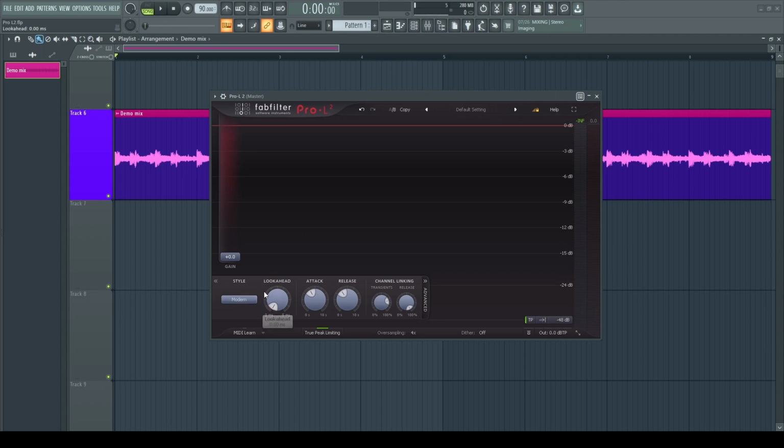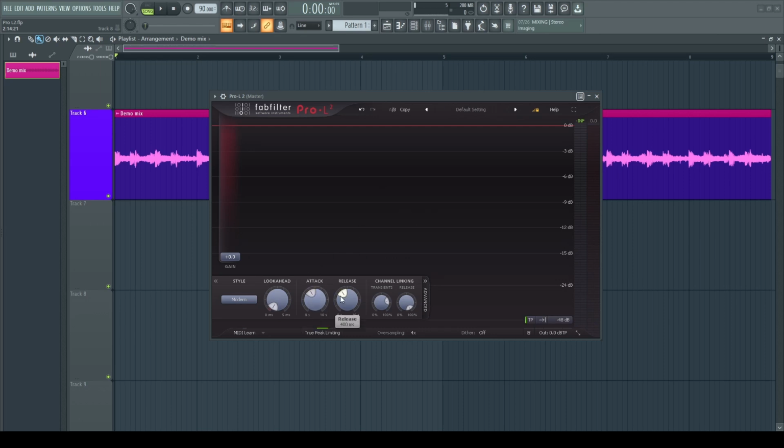Next, you can have your look ahead set to a particular value. It goes from 0 milliseconds to 5 milliseconds. What look ahead does is it feeds a signal into the plugin before it is even played by your DAW, which means the plugin already knows what sound is going to come into it. That delay of inputting the early sound can be set by the look ahead. If you keep a high look ahead, the signal will be received late, and if you keep it on 0, you will have the highest look ahead the plugin can possibly get.